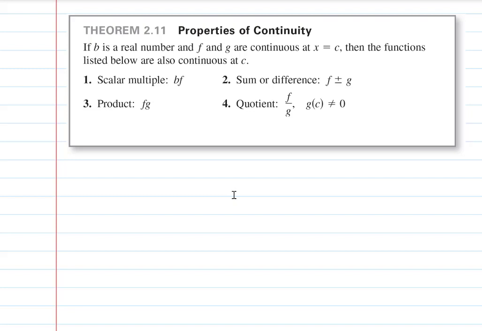We have two functions that are continuous, and b is some real number, then we have the scalar multiple, right? So if you have a function f that is continuous, if you multiply that function by any constant, the result would also be continuous. So we have some nice properties, some nice results from continuous functions, and make sure you understand this concept